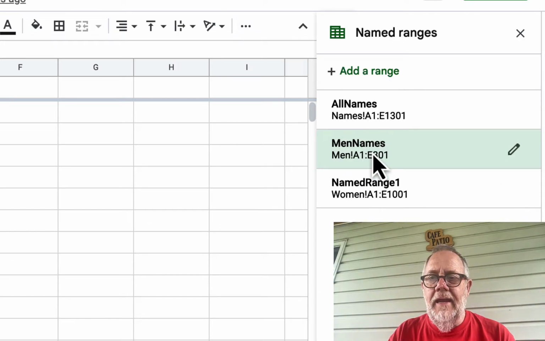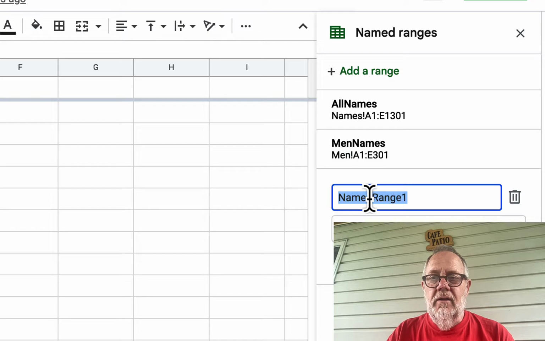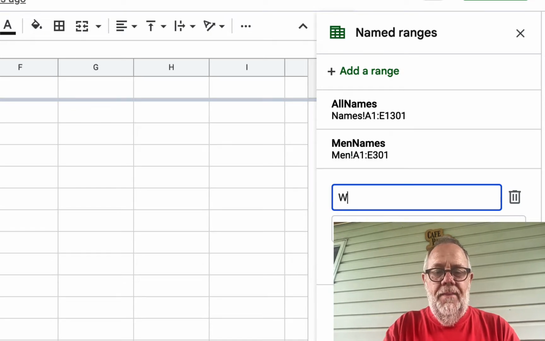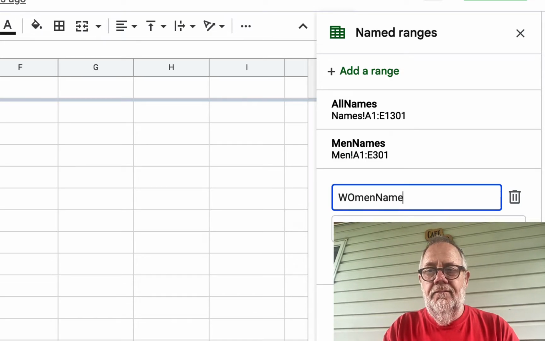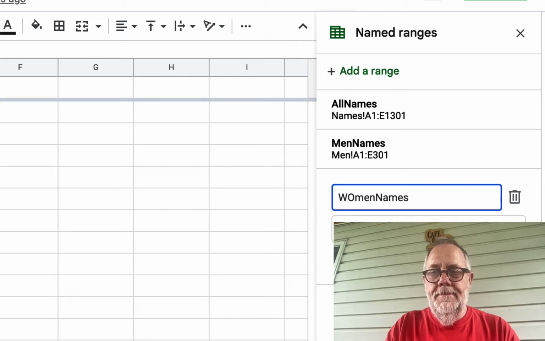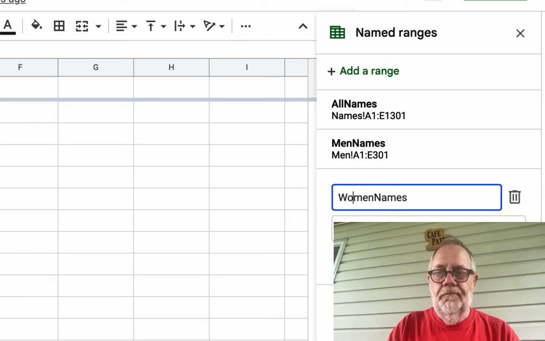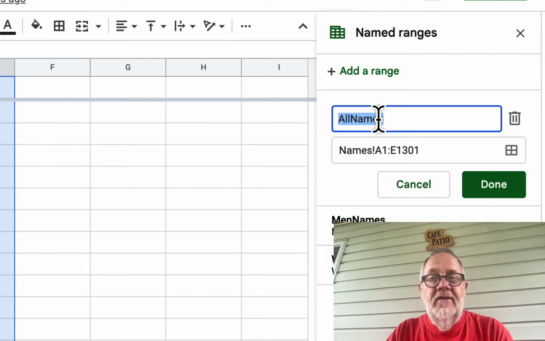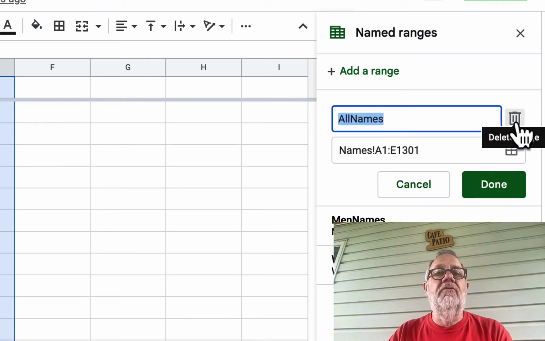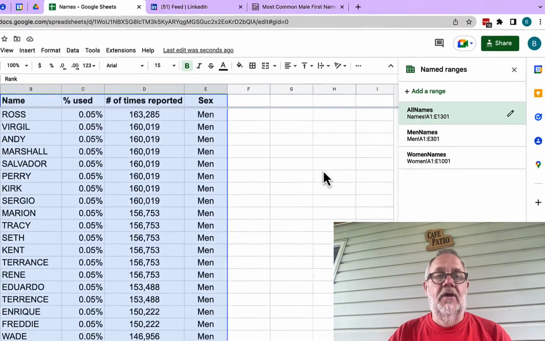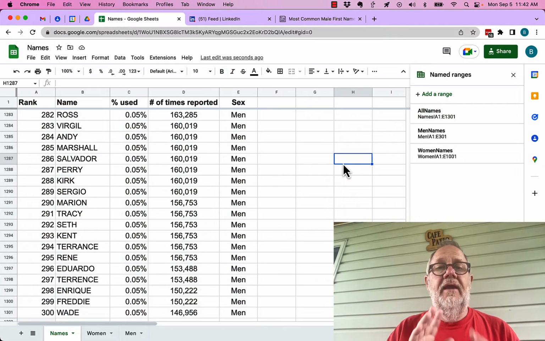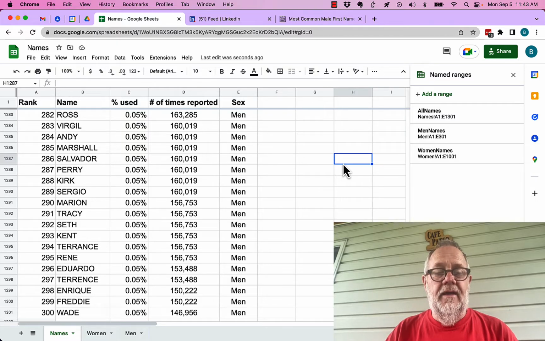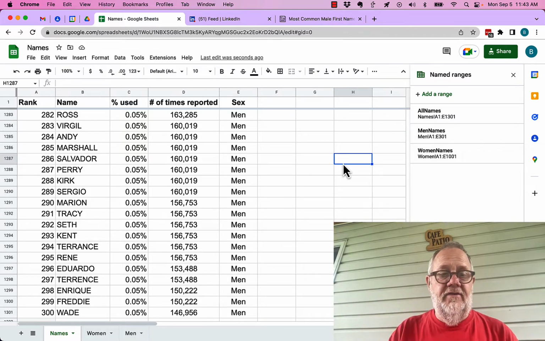I want to rename this one here. So I click on that, and I'm going to call it women names. Get rid of that uppercase O. And hit done. So those are my three named ranges. And again, with a pencil here, I can change the name, I can change the range, or I can delete the named range altogether. So I've just named three different ranges of data in my Google Sheet,